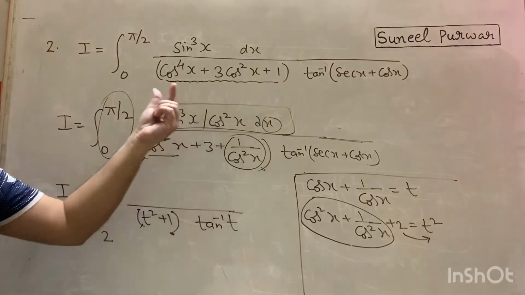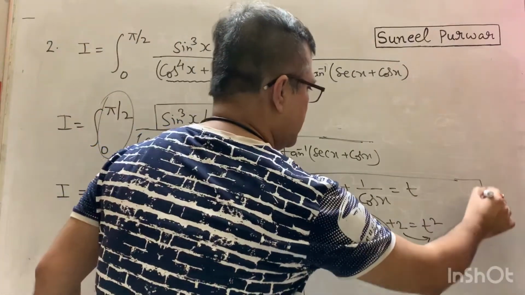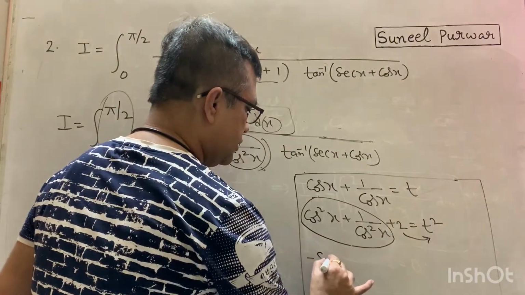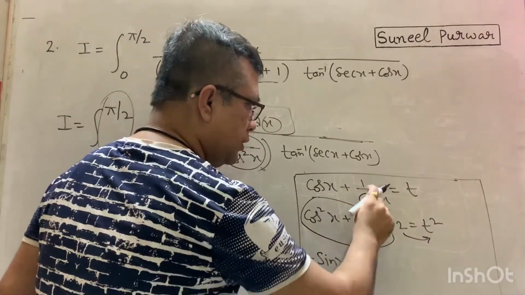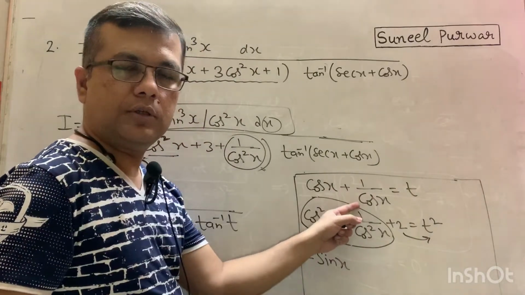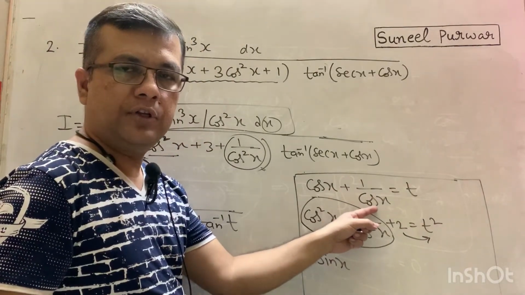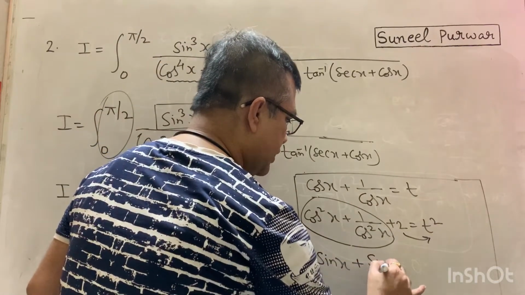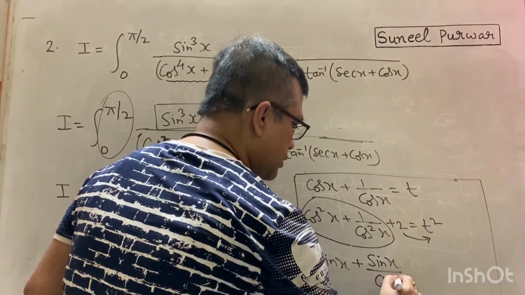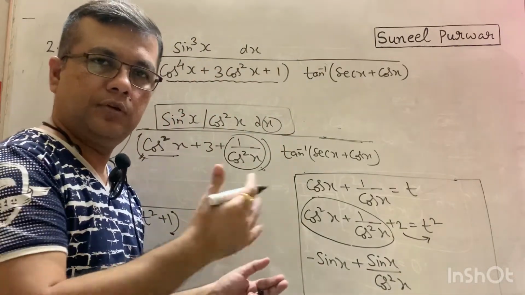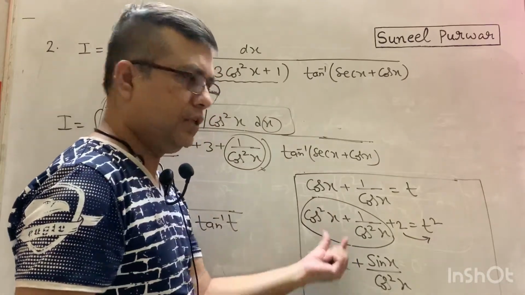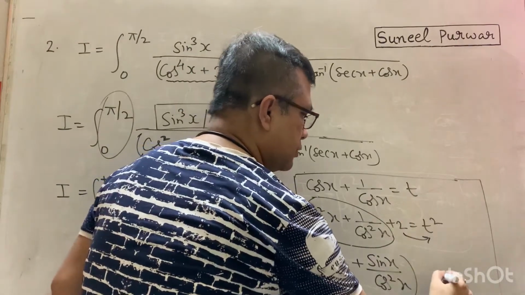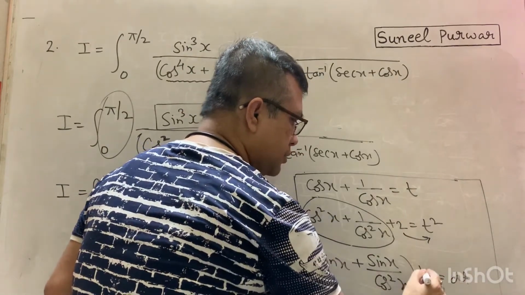Now coming back to the numerator. If you differentiate both the sides with respect to x, you will have what? Minus of sin x. Differentiate this as well. This will give you minus 1 upon cos square x, and then differentiation of cos x will give you minus sin x. So that will become ultimately sin x upon cos square x. Well, you can do the differentiation with your comfort and you can check this will arrive. Is equal to dt by dx. So that dx I bring here.